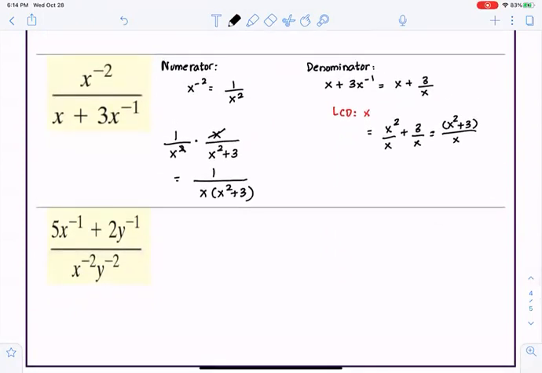Let's try this. It looks complicated, but if you follow the steps properly, we should be able to get the correct answer, and make sure to simplify. So I'm going to do numerator and denominator separately because I see the fraction to be quite complicated. So the numerator